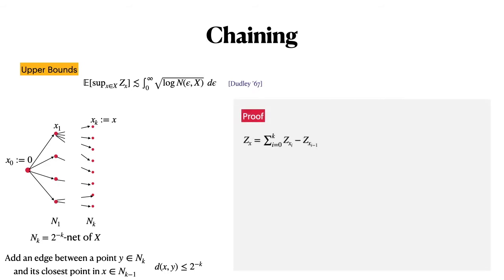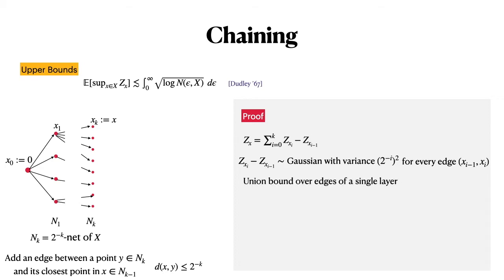The basic idea is we write our random variable Z_x as a telescoping sum of Z_{x_i} minus Z_{x_{i-1}} along the edges of this tree. In particular, x_k is the point x and x_0 is 0. So this exactly gives us Z_x. And we know that Z_{x_i} minus Z_{x_{i-1}} is a Gaussian with variance (2 to the minus i) squared for every edge. So now, just by taking a union bound over all the edges of a single layer,